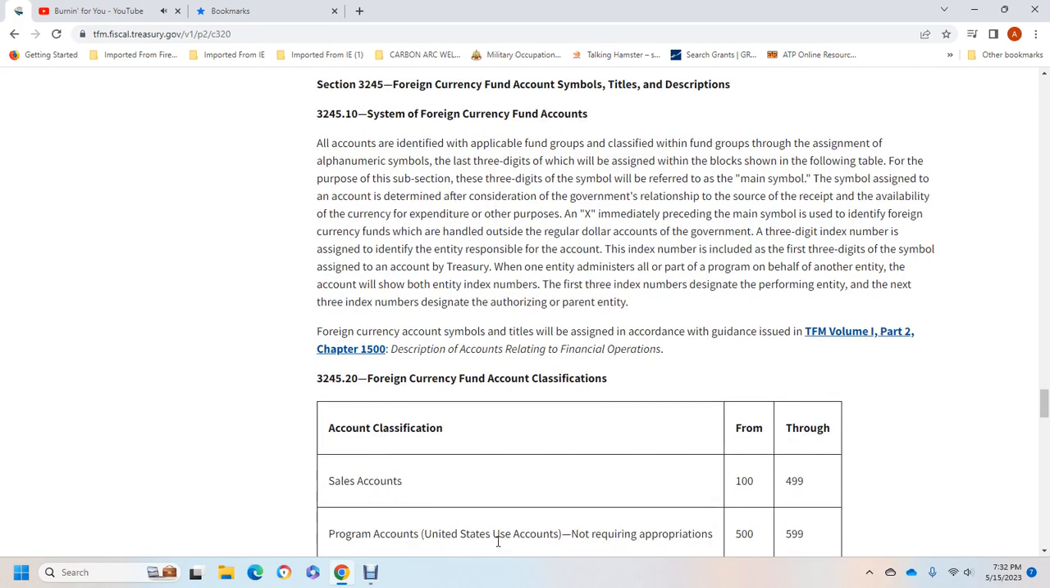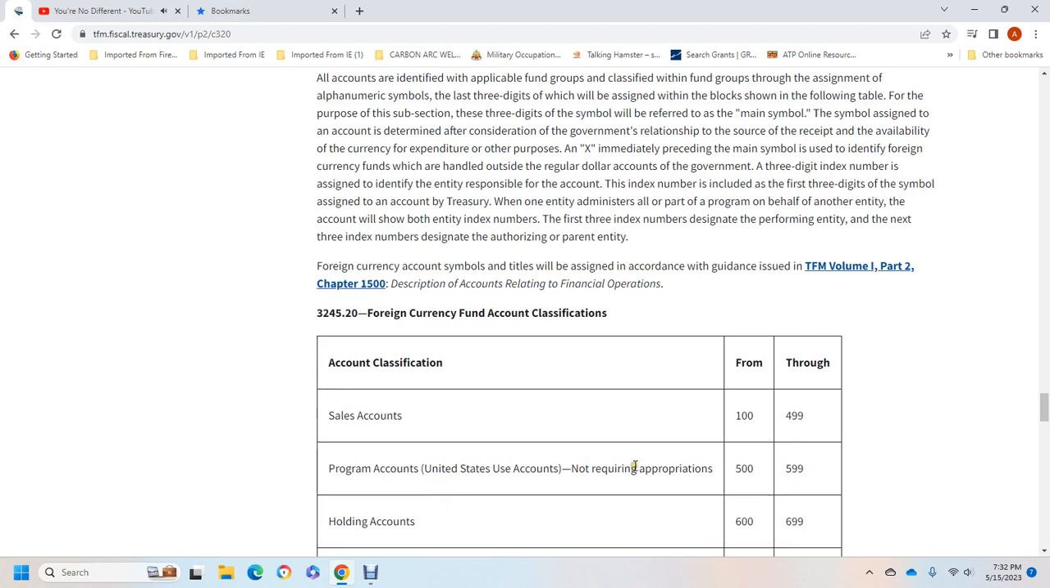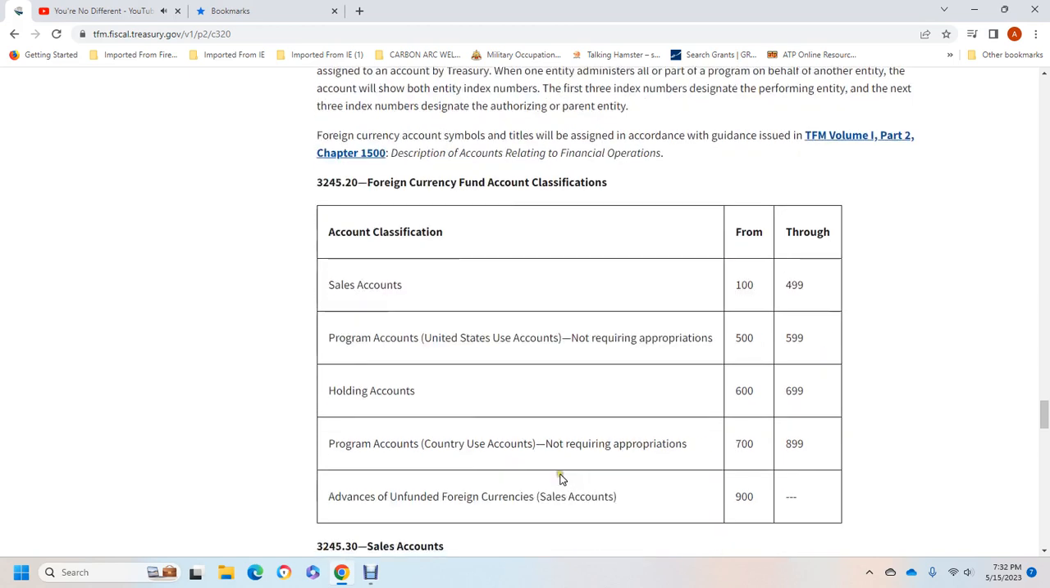Description, Accounting Relating Financial Operations. 324524 Currency Fund Accounting Classification. Sales Accounts from 100 to 499. Program Accounts, United States Accounting and requiring operation, 500 to 599. Holding Accounts, 600 to 699. Program Accounts not requiring operation, 700 to 899. Advanced Unit Unfunded Foreign Currency Sales Accounts, 900 and